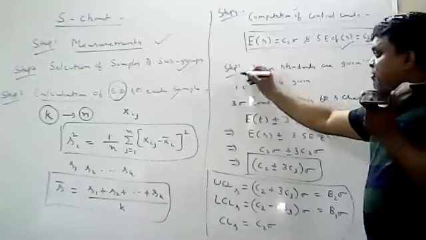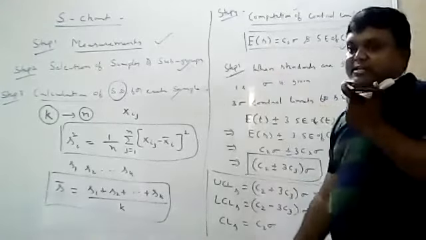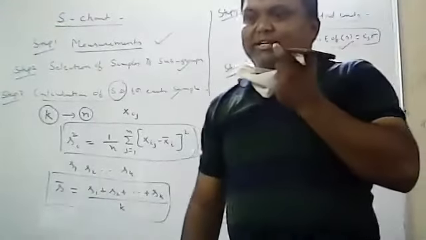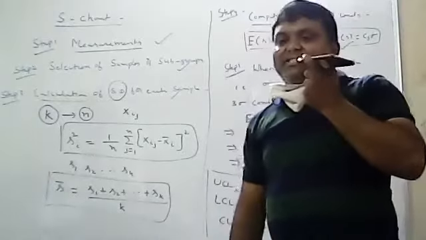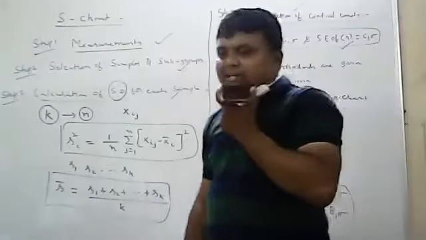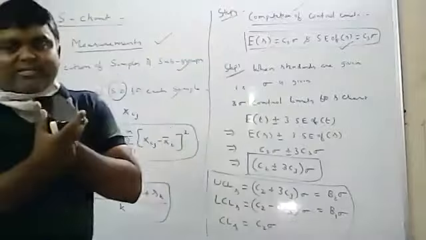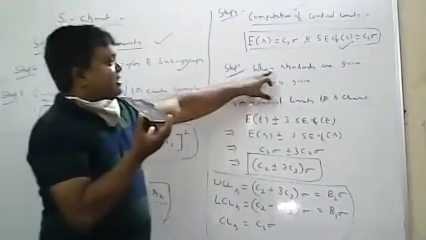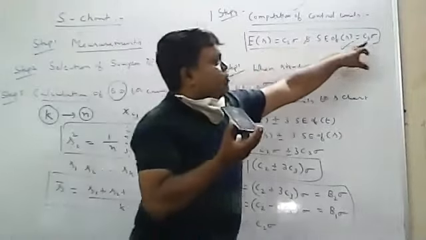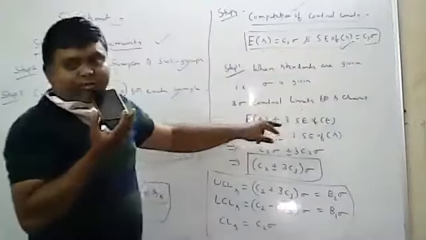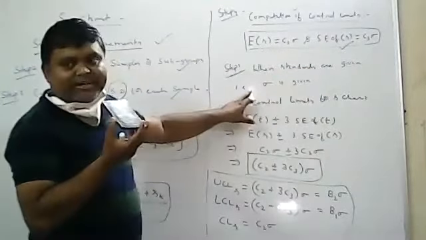Okay. So how many steps will be there in every chart? 2 steps will be there, and 2 cases will be there. Case 1 is when standards are given. Case 2 is when standards are not given. First, we will discuss the case when standards are given. When standards are given, what is the parameter here? The only parameter is sigma. So sigma is the only parameter. Which value will be given to you?